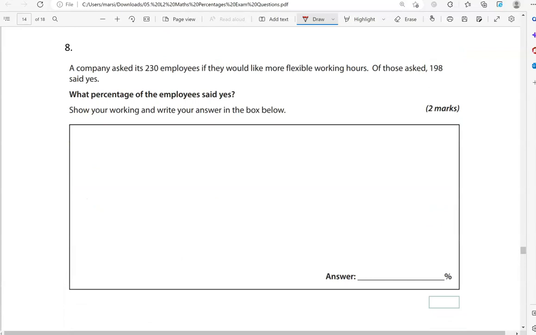A company asked its 230 employees if they would like more flexible working hours. Of those asked, 198 said yes. What percentage of the employees said yes? Show your working and write your answer in the box below. So, how many of them said yes? It was 198. Out of the 230,